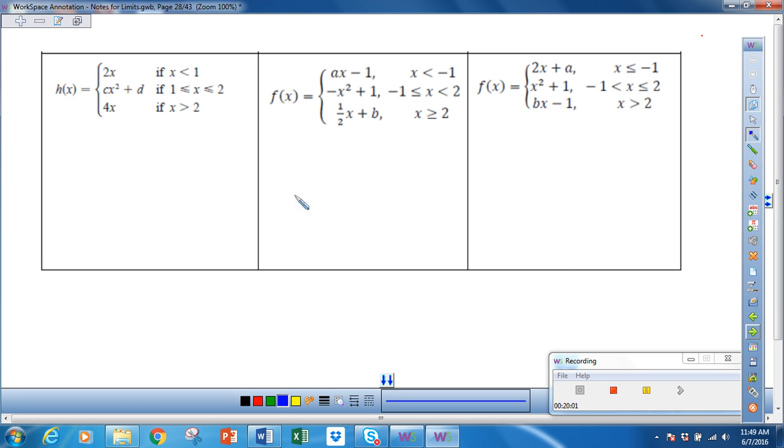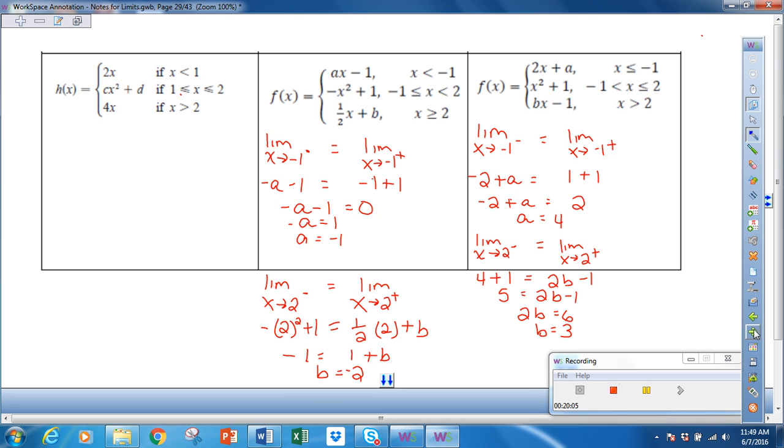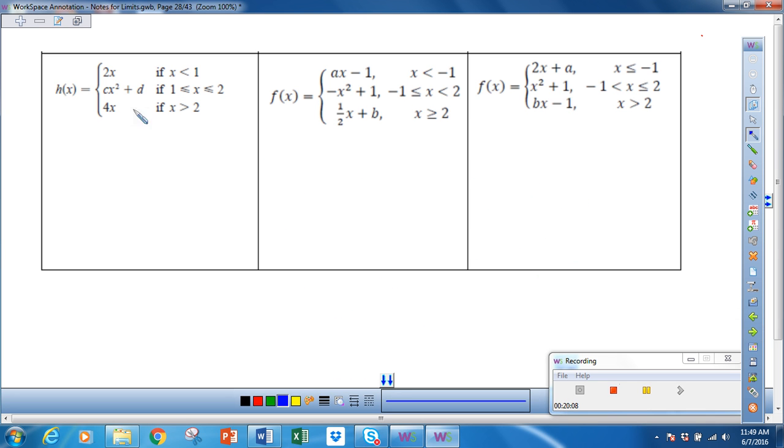I think I'm going to do one more with you, and this is another systems of equations. Yes, I'm doing one more with you, and then I'm going to let you do the last two on your own. So once again, if you want to pause this, I would suggest that you pause it and try it on your own. I can tell you if you were in my class, this would be a problem on the free response question. So you may want to make sure that you can do this. So if you want to pause this and do it on your own, and then I'll come back and do it with you. But it's the limit